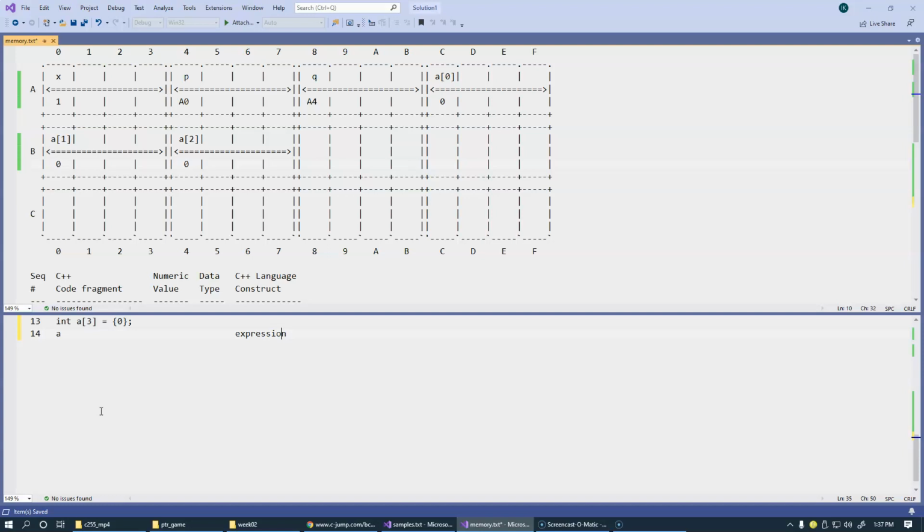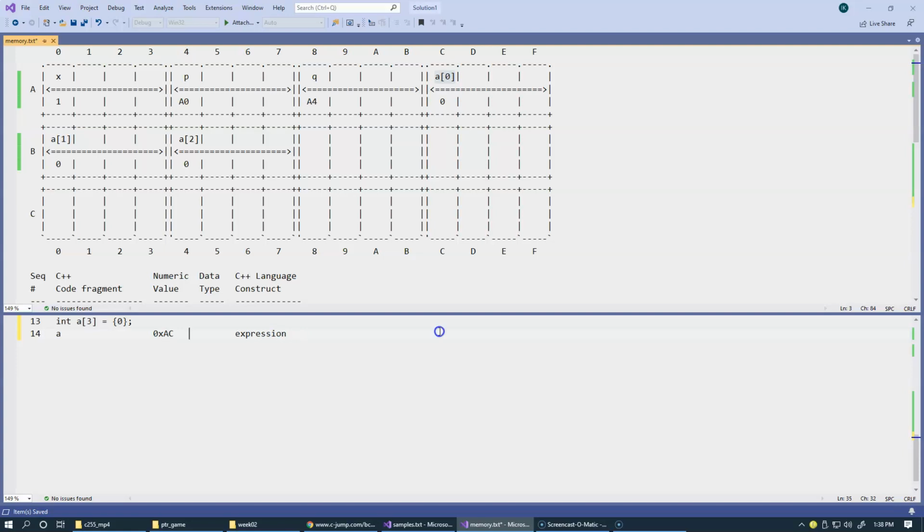The name of the array is an identifier that has a value that remembers the address of the first element in computer memory. In our case, the first element of our array, A0, happened to end up in location AC, hexadecimal AC. So the numeric value would be AC,